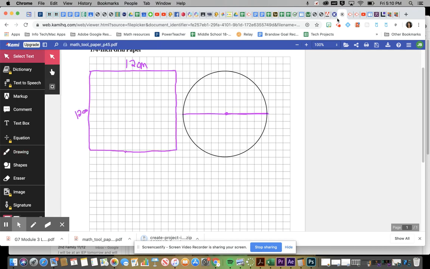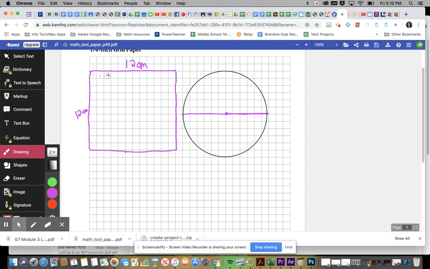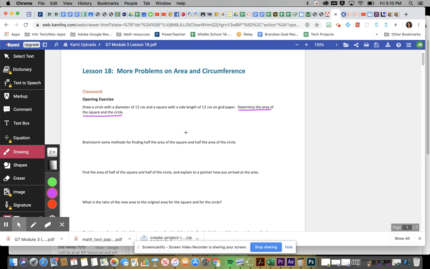Determine the area of the square and the circle. Well, I could go and count every single square that's inside this big square, but that's going to take a long time. So I'm going to use the formulas that I know. The area for a square, our formula would be length times width, which would be, I know each side is 12, so 12 times 12, and that's going to be 144